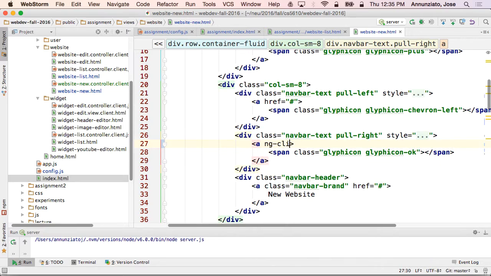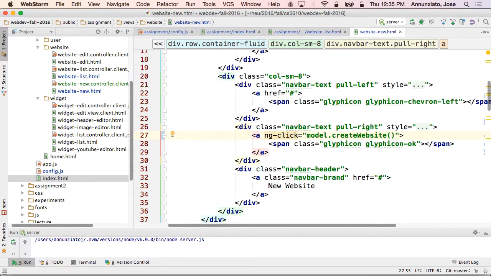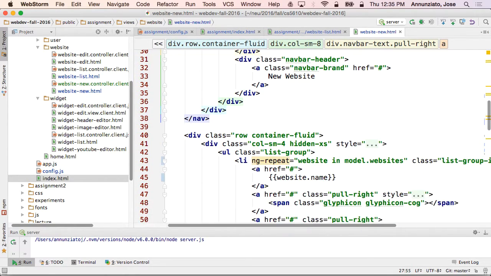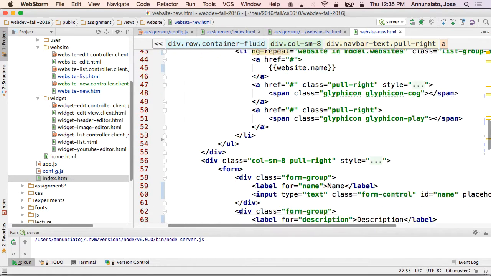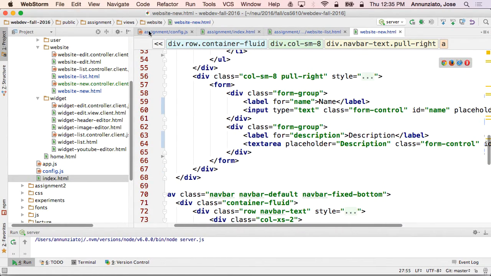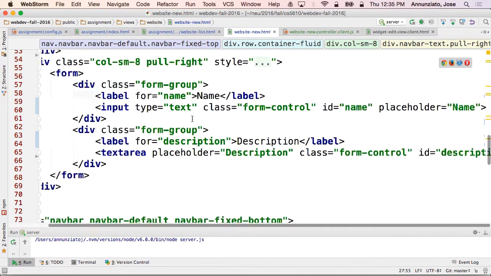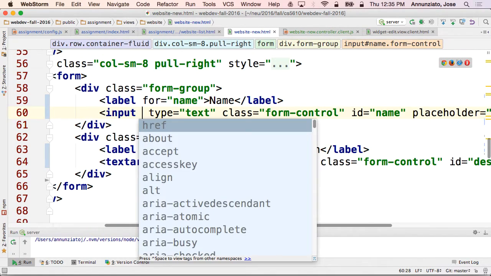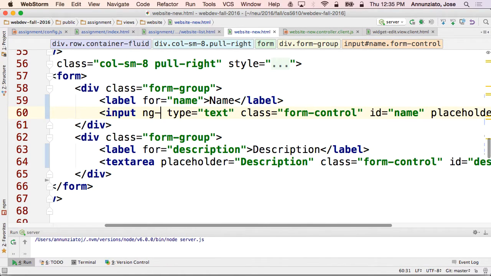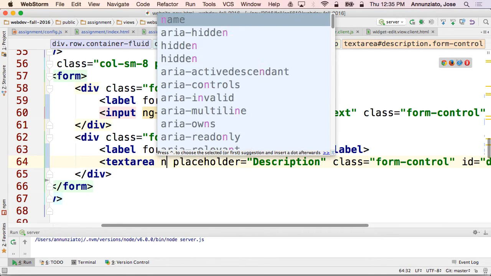Okay. All right. So let's do an ng-click here. We're going to say ng-click, and we're going to tie it to the model, to the controller. We're going to say create website. Okay. And what we're going to pass along is the form elements of the website, right? What's in the form over here. We have the input field for the name, right? So let's give it a name. So we'll call it ng-model, and we'll tie it to website.name,